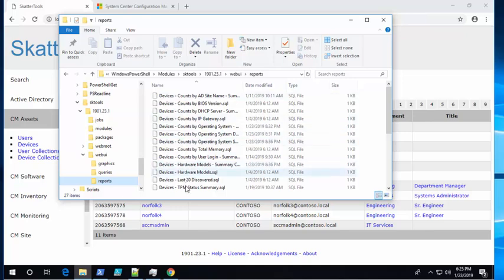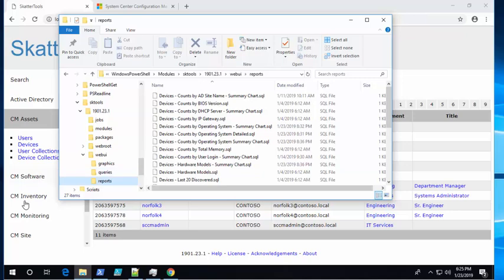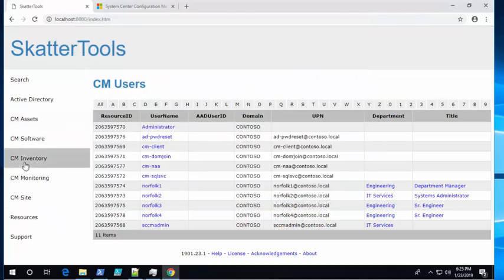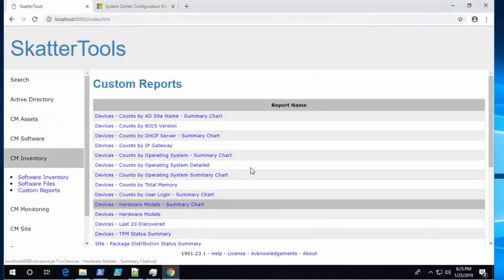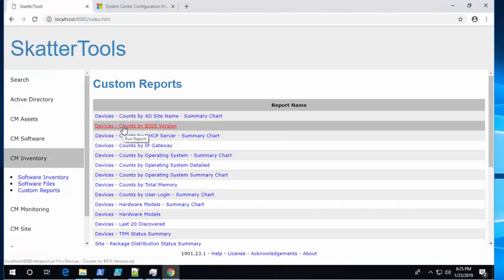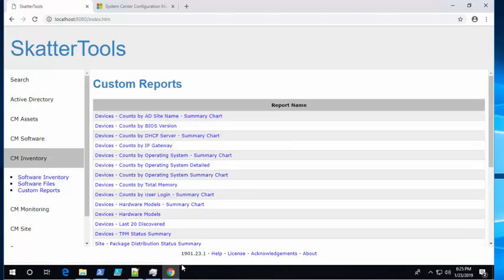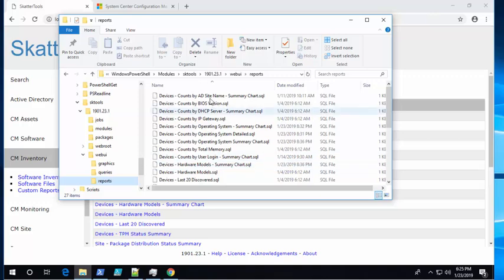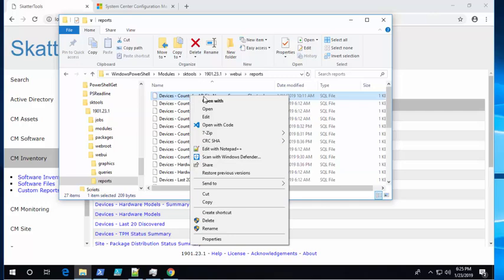It's just that I name them a little bit more readable because they actually get rendered in the list down here under inventory. You'll notice it just takes the name. So devices, counts by AD site name, summary chart. If you look here, you'll see AD site name, summary chart. And if I look at that,